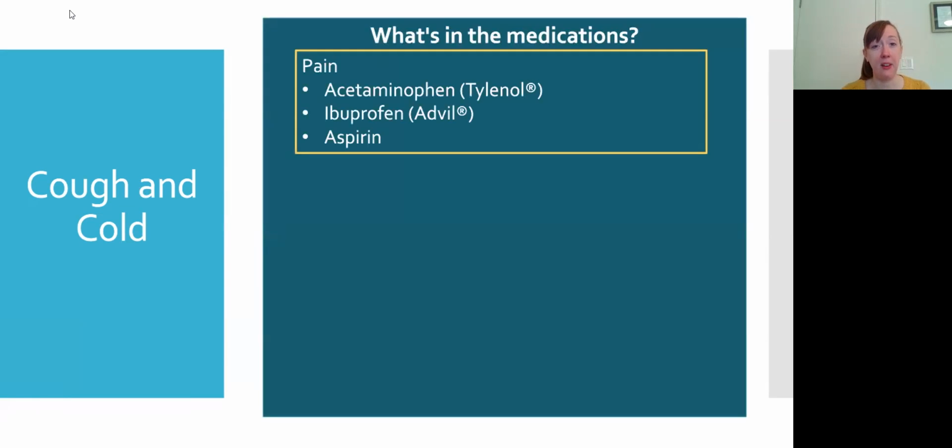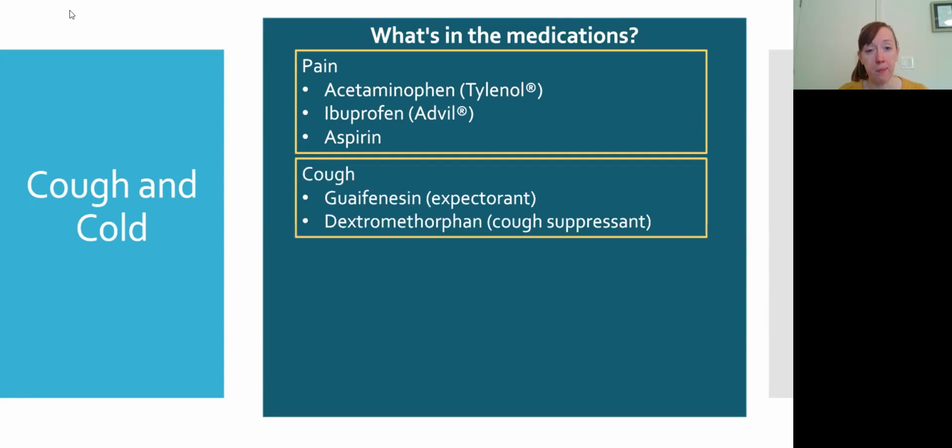A lot of the times they'll have something for pain. So like an acetaminophen, which is also known as Tylenol, an ibuprofen, which is Advil, or an aspirin, which some of the Alka-Seltzer products contain. So sometimes these are good, if you do have a sore throat, that would be an area these can work too, for fever, to bring the fever down. Next,